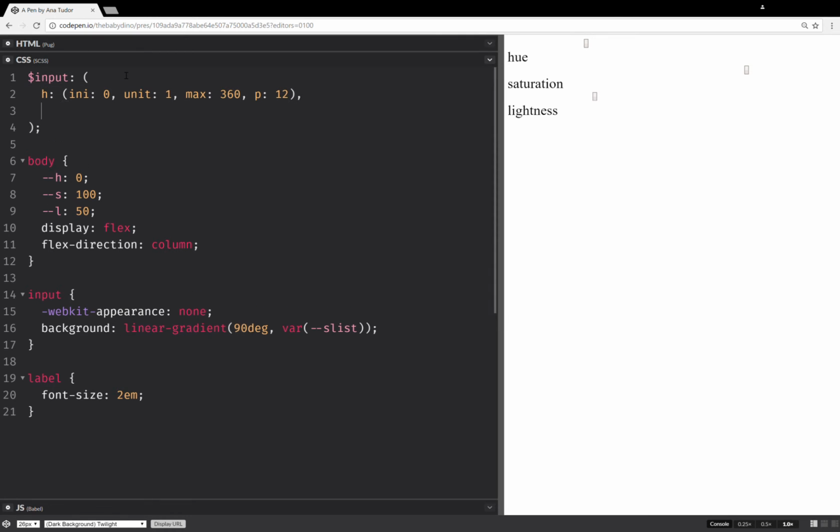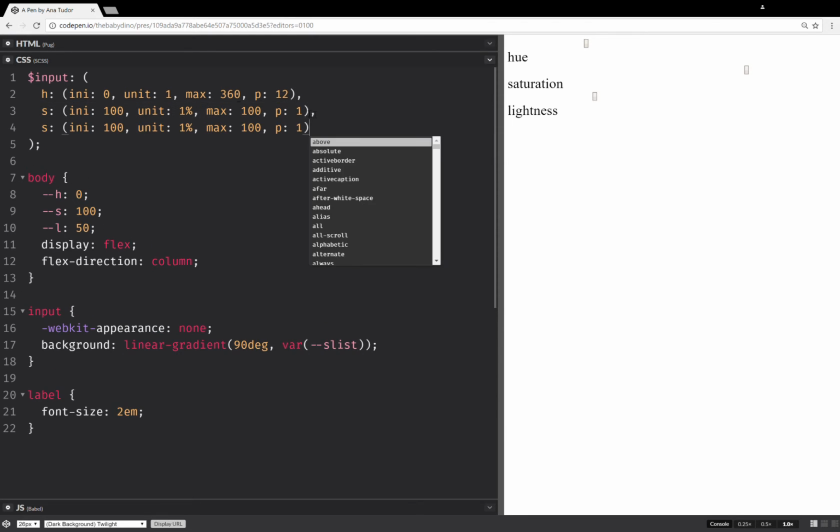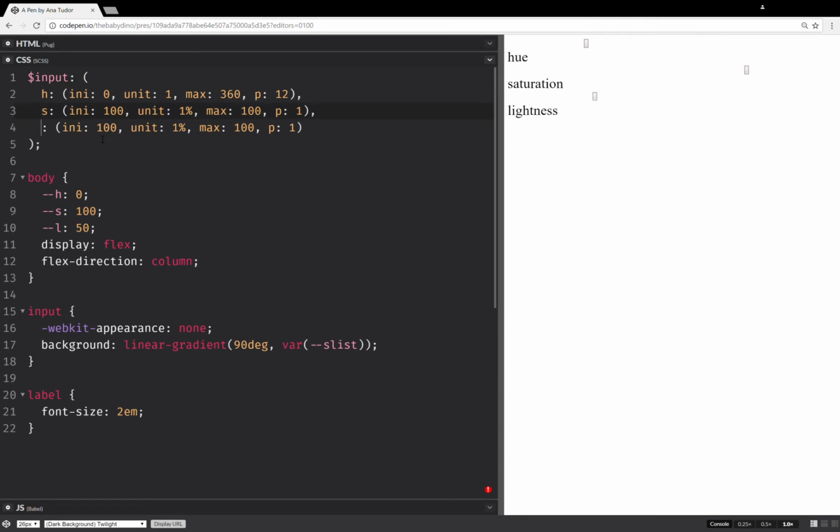And now for the saturation, the initial value is 100. The unit is 1%, the maximum is 100, and the precision is 1. And now I copy paste this for the lightness, and in this case the initial value is 50, the unit and the maximum are the same, and the precision I needed 2 in this case. So now I delete all of these,